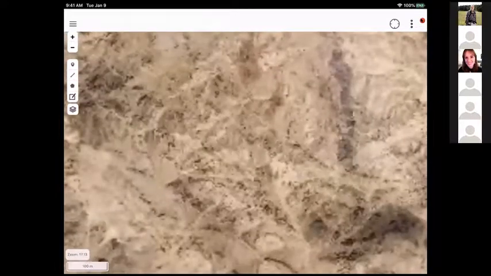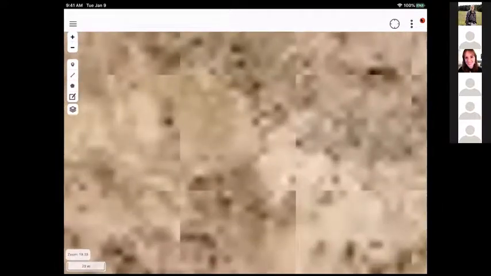But if I zoom in, you can see that it becomes pretty pixelated. So essentially what you're seeing here is the size of the tiles and the size of the pixels in the tiles. Let's leave this up.